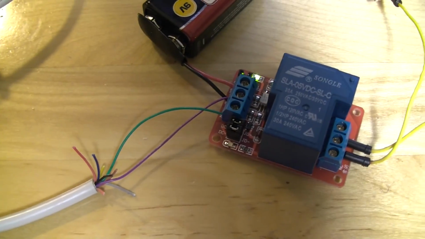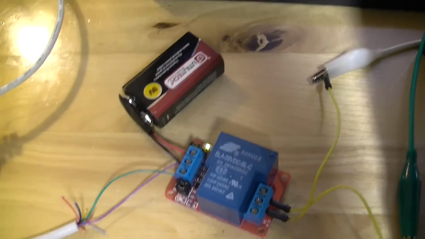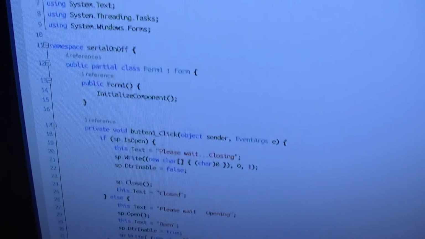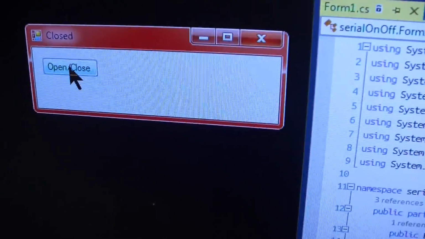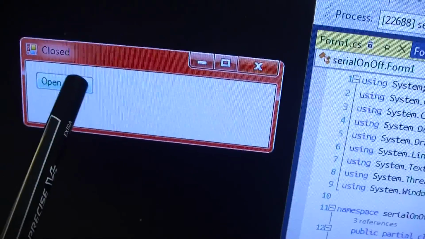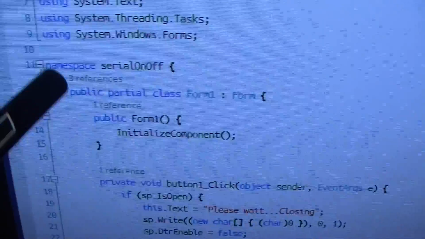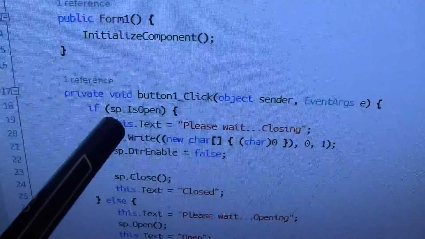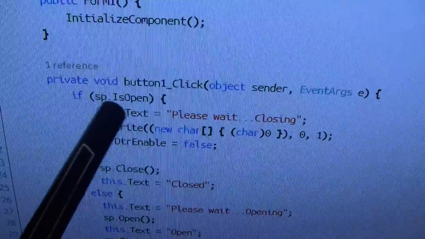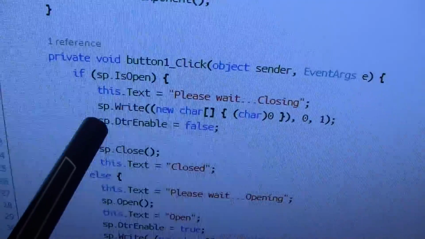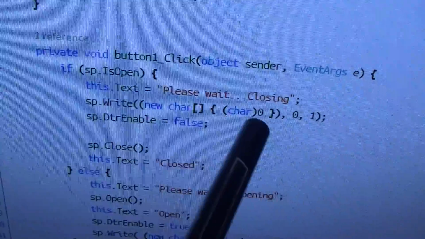So that's a quick short video, guys. So let me also show you the sample code, or the quick and dirty example that I've used to build out this app. The logic for this open close will be embedded in my STPO tool. So this is nothing fancy really. As you can tell, when the button is clicked, if the serial port is open, say, hey, we're going to close the serial port now. So it basically sends off an off byte,